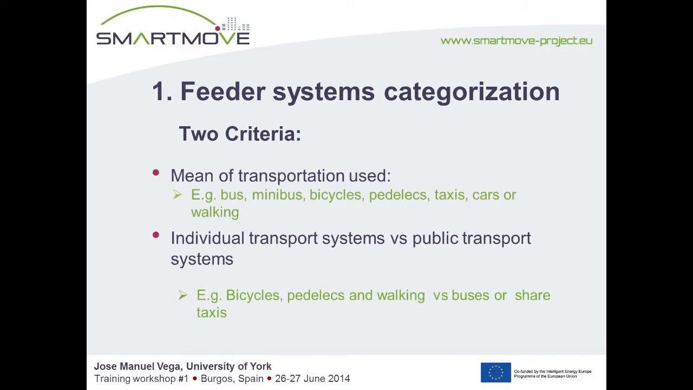And the second criterion: there were two big groups. We've been all the time talking about public transportation, but we also have to think about individual transport. So, just people walking and riding a bike. So I distinguish those two big groups: bicycles or pedelecs and walking, against buses or shared taxis. And within the public transportation systems,